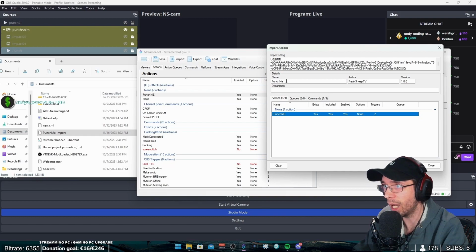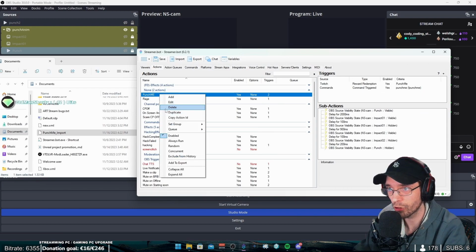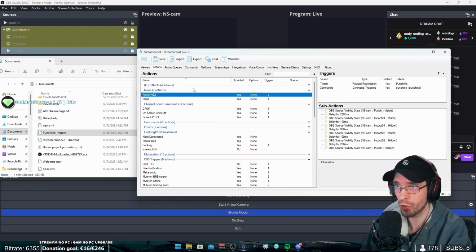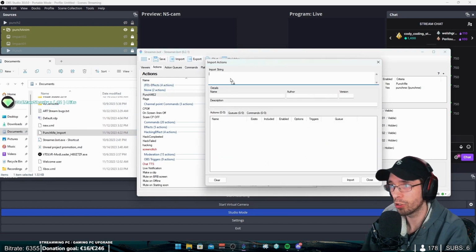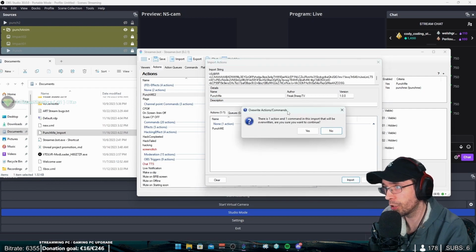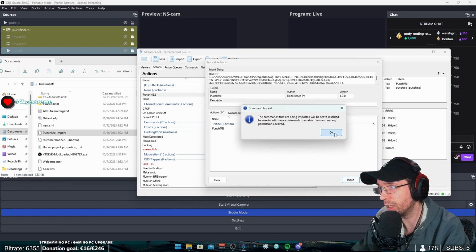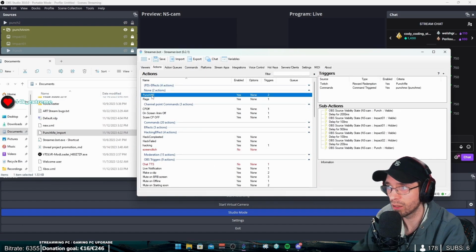Import. I can change the name. Let me rename this one really quick. I'm just going to call this Punchme 2 so it's not overriding it. So import, drag it in. Import. It will probably override one thing, but that's fine. Yes. And now here you can see. Wait, where did my